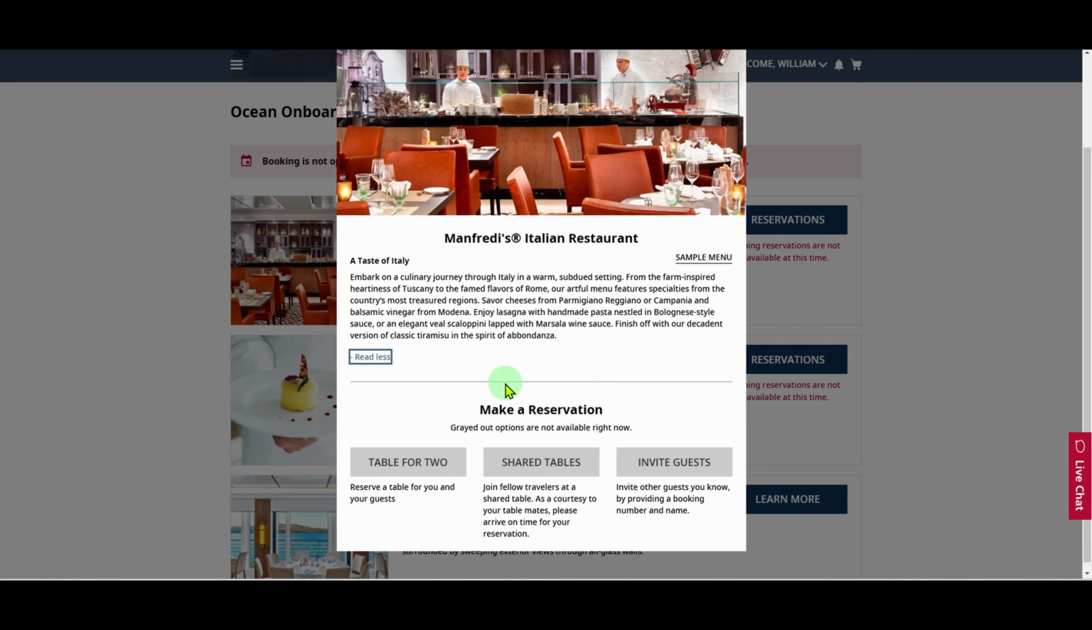What most people don't realize is that Viking only posts approximately 35% of all of the reservations for Manfredi's or the Chef's Table on My Viking Journey. That is because they don't want all 930 passengers to book 5:30, 6 o'clock, 6:30 reservations the first 2 or 3 nights, because that will overwhelm the wait staff and the cooks in the kitchen. So to avoid that issue, they only allow 30 to 35% of the reservations to be posted on My Viking